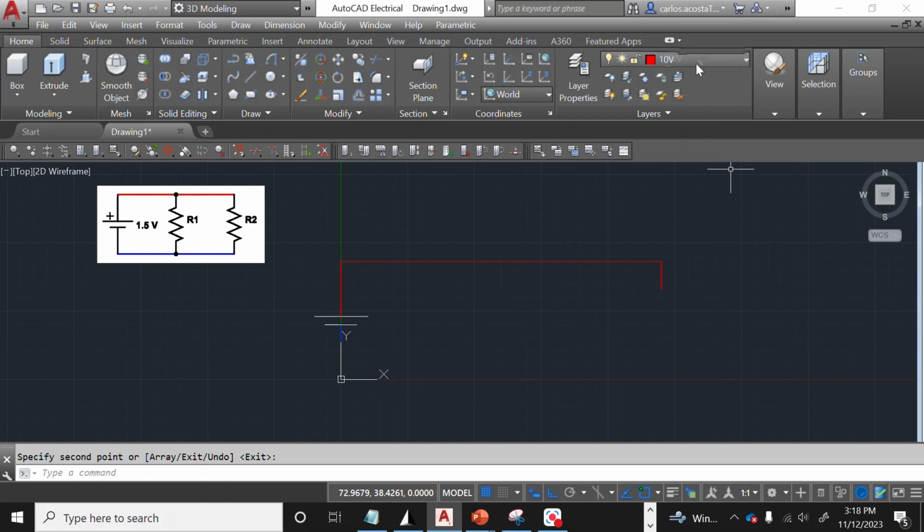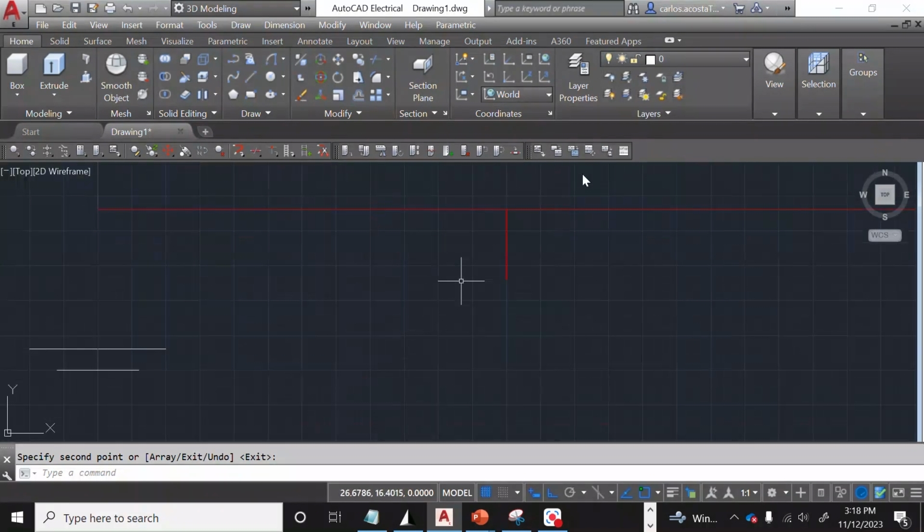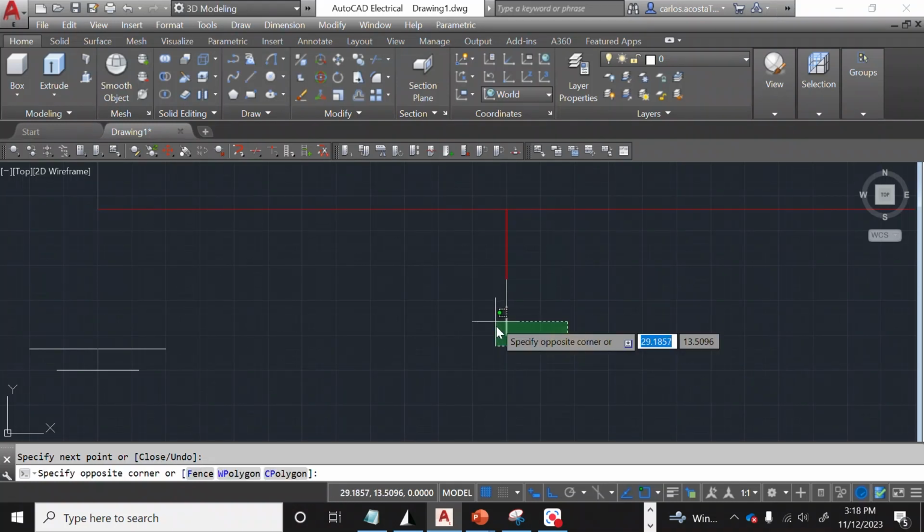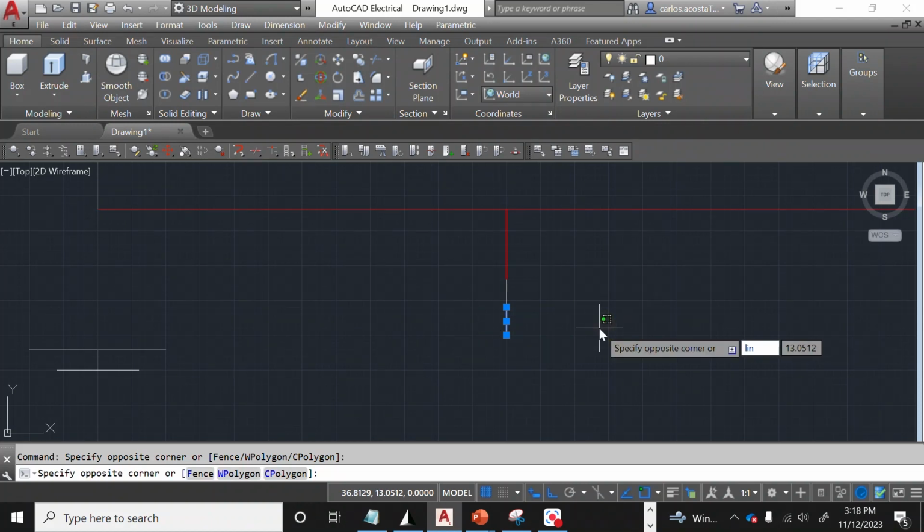All right, going back to our components, we're gonna create a resistor. So how do you do that? Well, there are many ways, but the simplest way is to do it with a line that is 2 units for the first one and 2 units for the second one. Okay. So each line is 2 units. In that case, when we create another line,